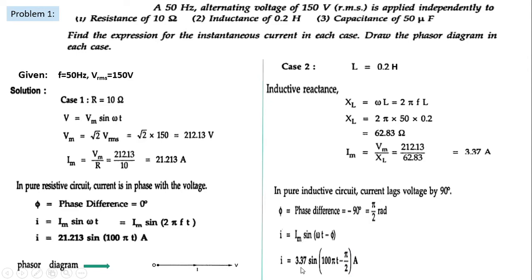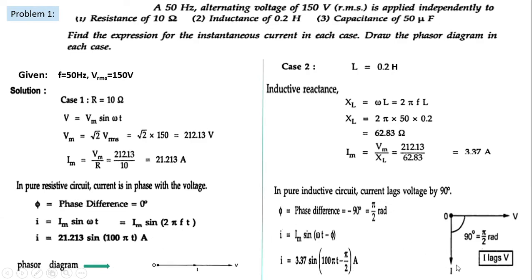The value of Im is 3.37, and omega t is 100 pi t because omega is 2 pi f, 2 into pi into 50, that gives 100. So instead of writing omega t, we can write 100 pi t minus pi by 2 because the value of phi for pure inductive circuit is minus 90. So the value of instantaneous current I is equal to 3.37 sin of 100 pi t minus pi by 2